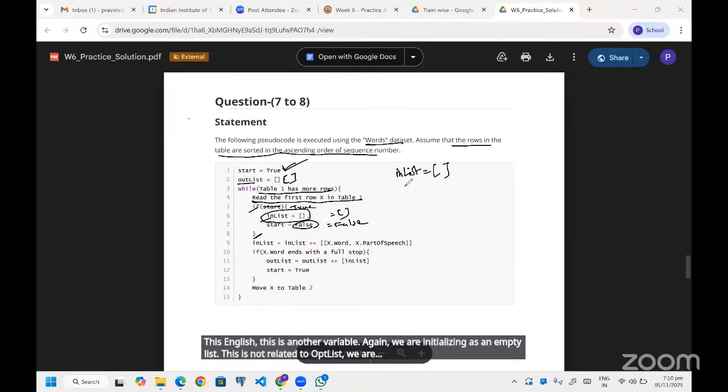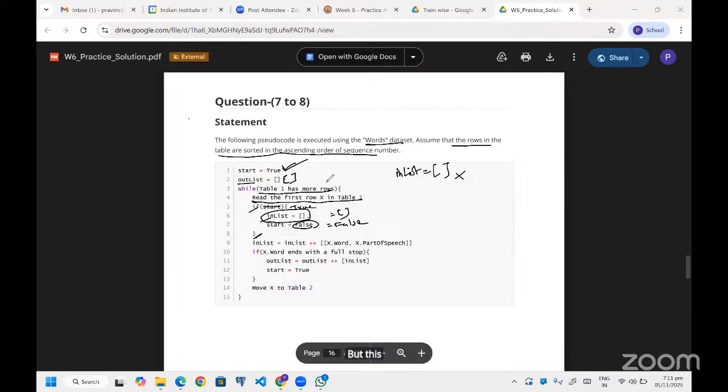We are storing something in another variable with an empty list. It is not compared with outlist, right? So in this if block, the outlist will also be empty and inlist will also be empty and start will become false, right?